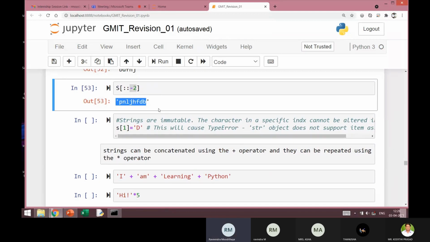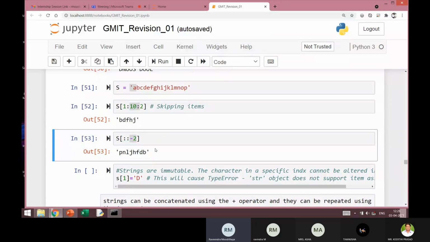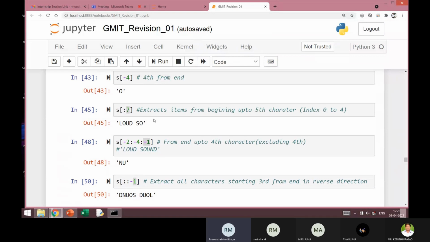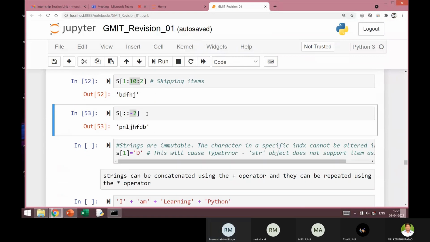Okay. Now, another very important thing in strings, I think we are done with the slicing. This is how we can slice a string. We almost gave an example for each of the use cases. We will get to know more about this in lists also. We are repeating the same thing in lists, so if you are familiar with this, probably we can save some time in lists.